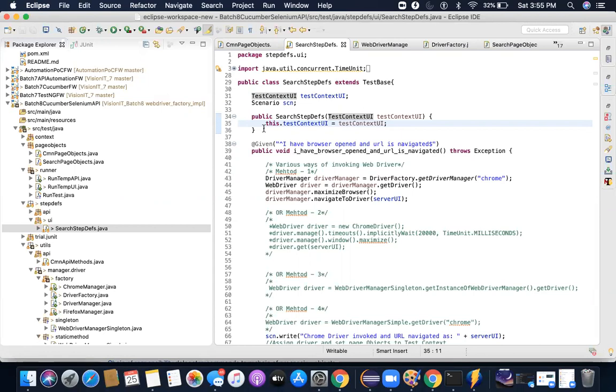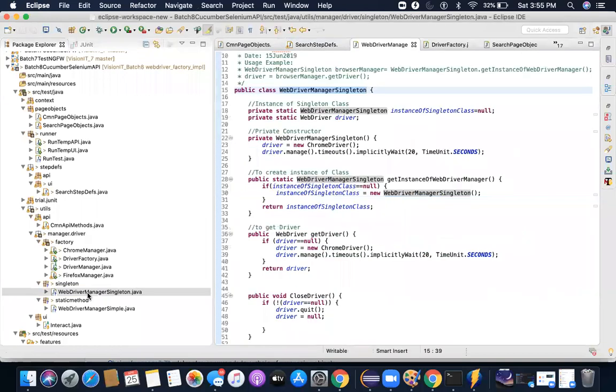So we can use any of these with dependency injection, then it is fine, right? Yes, I'm using it. I'm using the dependency injection pattern. Then I'm using factory also. I can use singleton also in the same. And singleton is primarily used for WebDriver. It can also be used for a database connection, right? A database connection once created should be reused across all the classes. That's the concept, because if you create the connection again and again, the server can hang. So it's always good to reuse the connection.